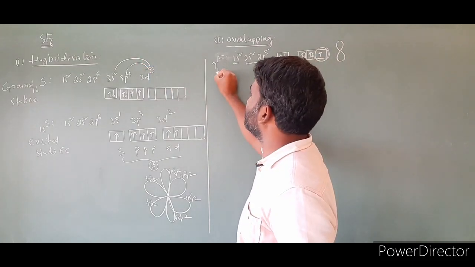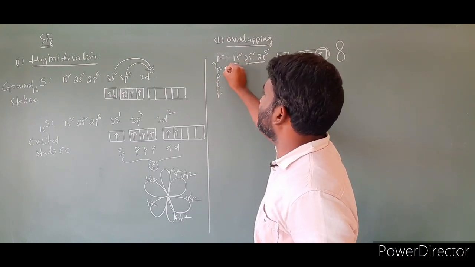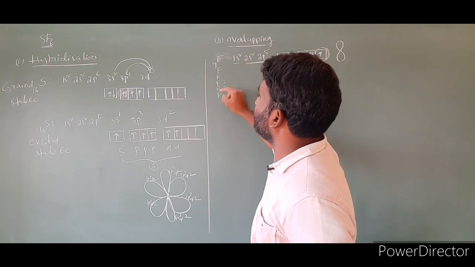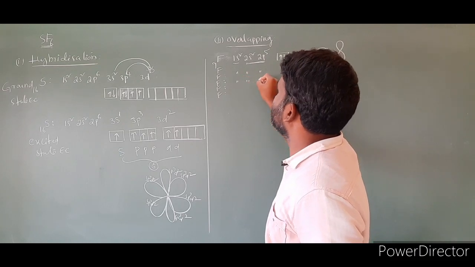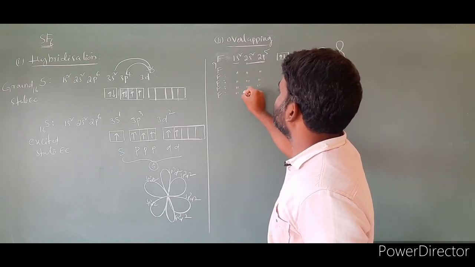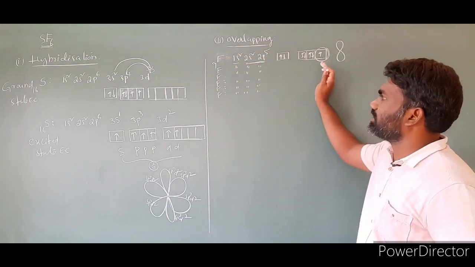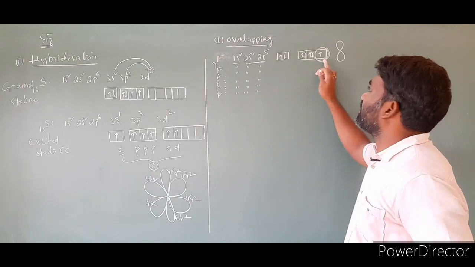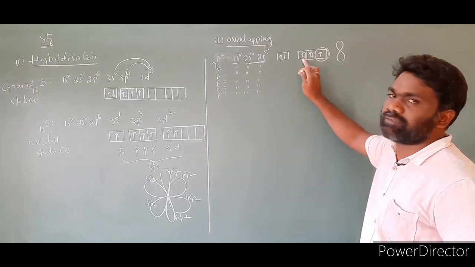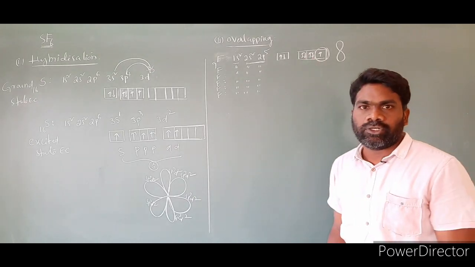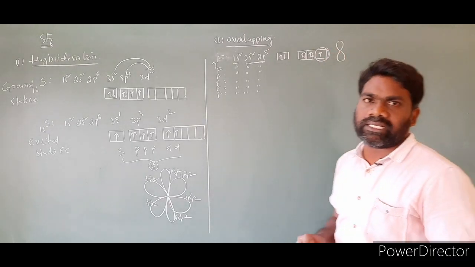And in total, how many fluorines are there? 6 fluorines. So the second one, third one, fourth one, fifth one, sixth one. All these electronic configurations remain the same: 1, 2, 3, 4, 5, 6. All have the same electronic configuration, and all of them have only one single electron in a p orbital. This p orbital is filled with 2 electrons, this p orbital is filled with 2 electrons, and this p orbital has only one single electron. This p orbital we have taken. All the cases will be like that only.